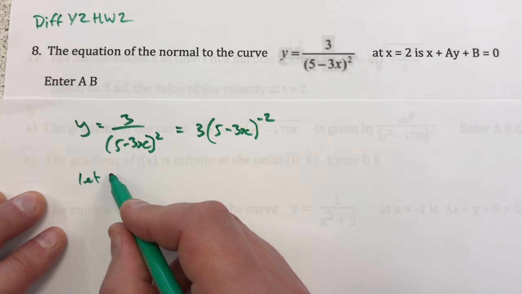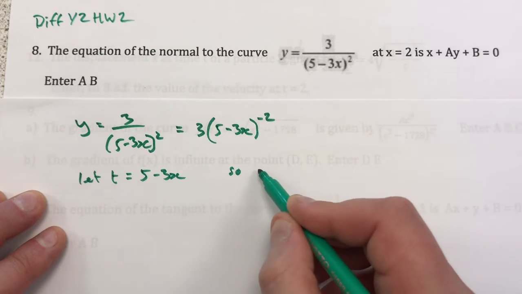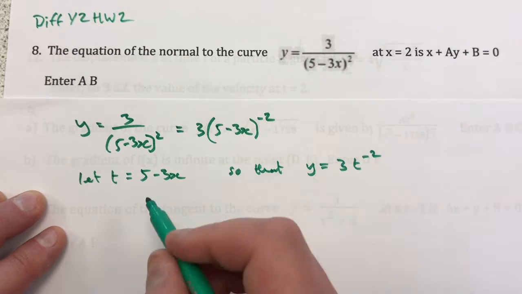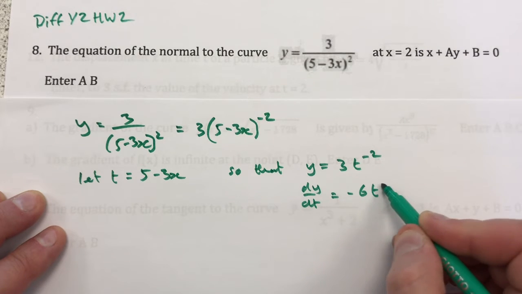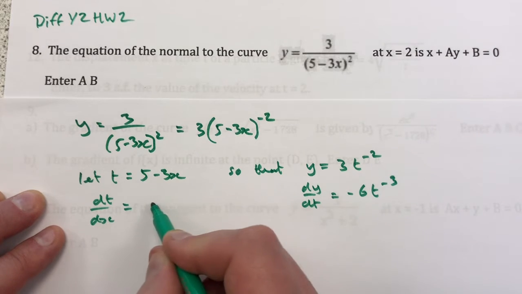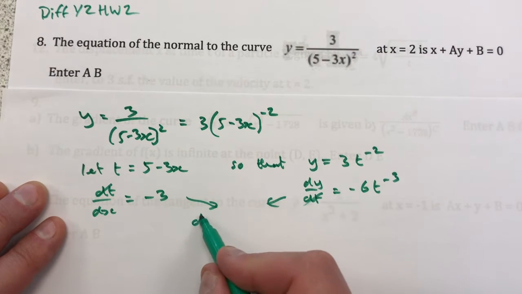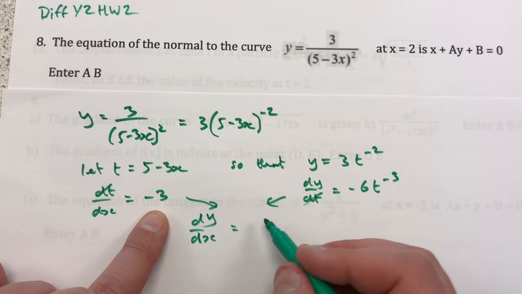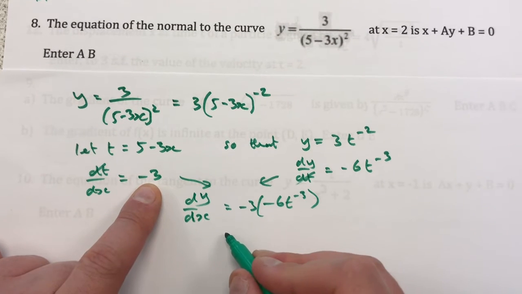So if we start out by letting t be equal to 5 minus 3x, so that we can write y equals 3t to the minus 2, and then differentiate y with respect to t in order to get minus 6t to the minus 3, and differentiate over here t with respect to x in order to get minus 3. We can then combine these, cancelling delta t to leave behind dy by dx, and that's going to be minus 3 times minus 6t to the minus 3, and that's going to give us